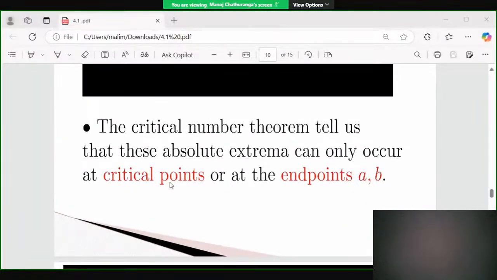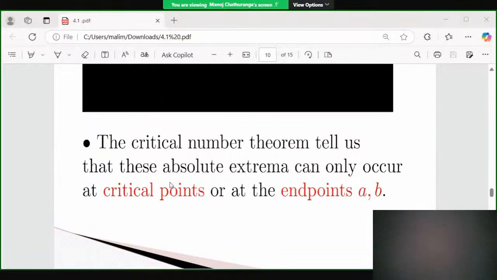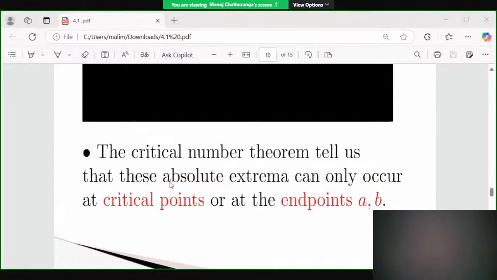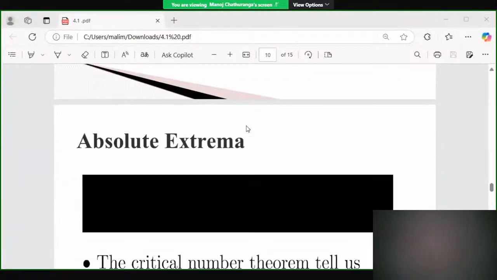The critical number theorem tells us that those absolute extrema can only occur at critical numbers or undefined points of the derivative. And also, you need to look at endpoints of the domain because